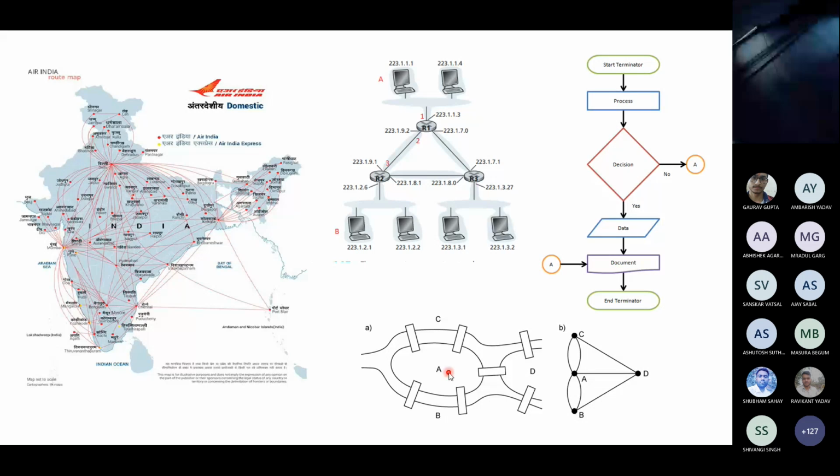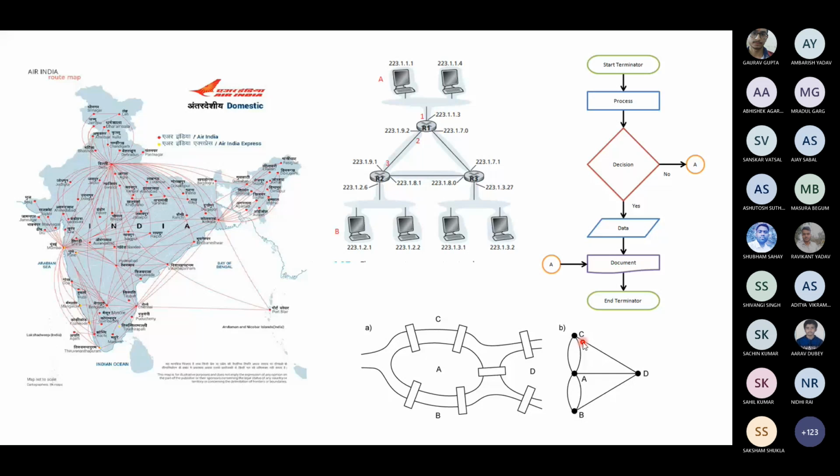Anyway, those problems you can consider as a graph. From C to D there is a bridge. C to A, and C to A again there is an edge. A to B and B to A, again there is one more bridge. B to D there is a bridge. A to D there is also a bridge. So there is an edge. This same graph you can show as vertices and edges, and you can solve the problem. Okay, anyway, these are a few examples of graphs.